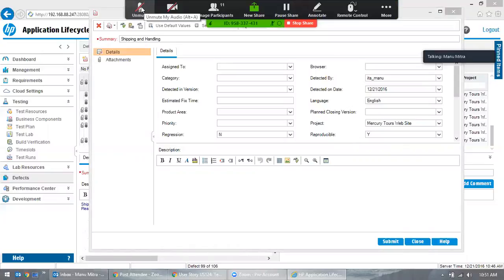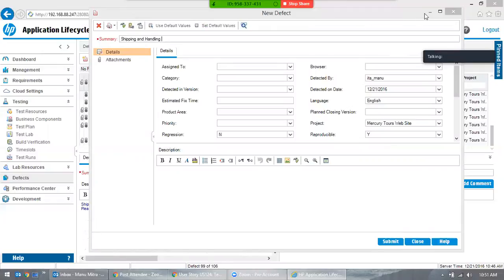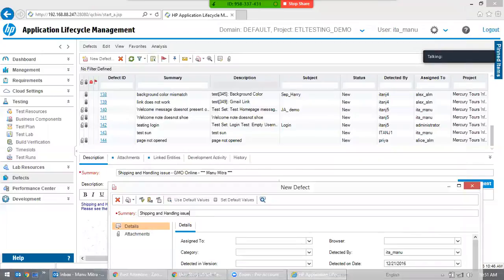Okay. So I just put the naming conventions similar. Okay, shipping and handling issue. View online product, and to open it. So normally you won't require this. If it's a critical issue or production issue, you want to put it in start so that